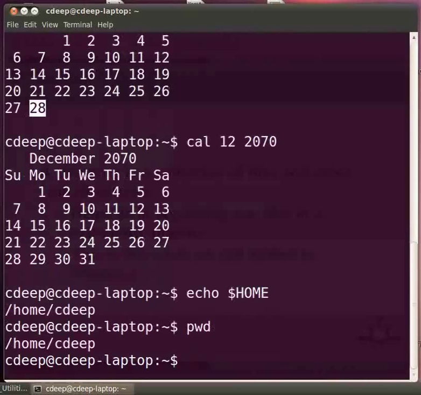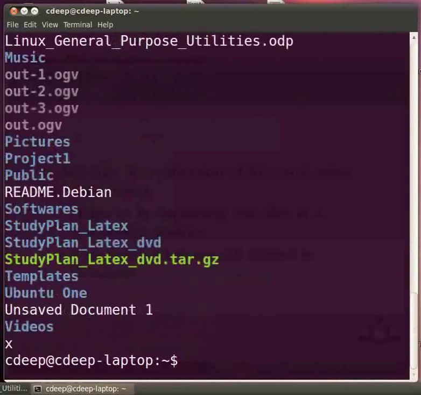Once we know our directory, we would also want to know what the files and subdirectories in that directory are. For this we have the ls command, which is probably the most widely used command in Unix and Linux. Type the command ls and press enter. Now observe the output. Files and subdirectories are generally shown with different colors.